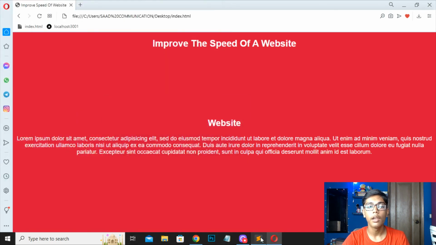You can also make a button or anything you want to make here. If you want to build it, you can do that. You can see how fast it is working. So this was the project which I wanted to show you. This was the small project of improving the speed of a website using CSS, and I hope